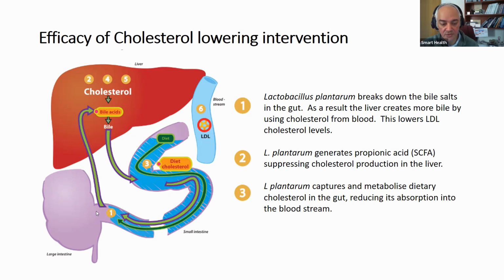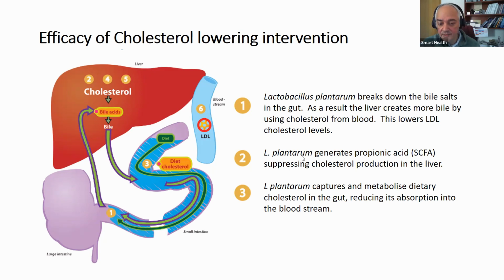That's very important so that it's excreted, and therefore the liver produces more bile acids and reduces the LDL from the bloodstream. So somebody who lacks this particular bacterium definitely has a high LDL. Thankfully, it's available as a probiotic, which is an important aspect of an intervention on cholesterol lowering.